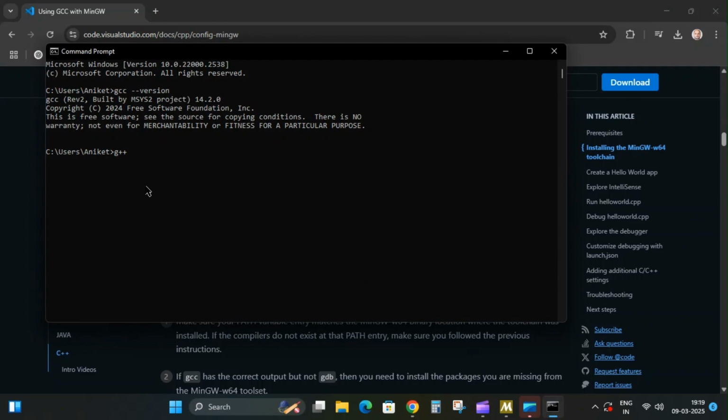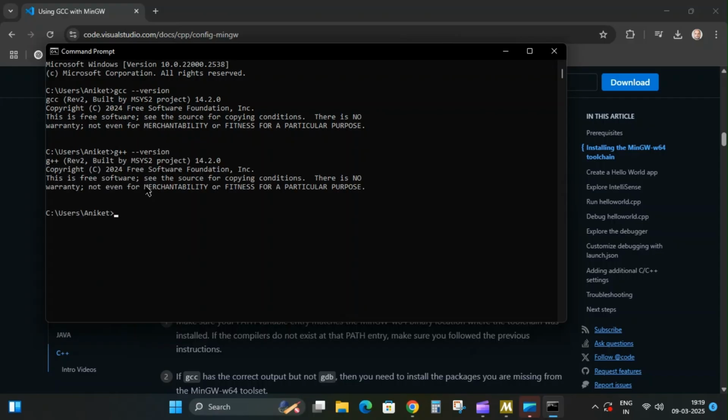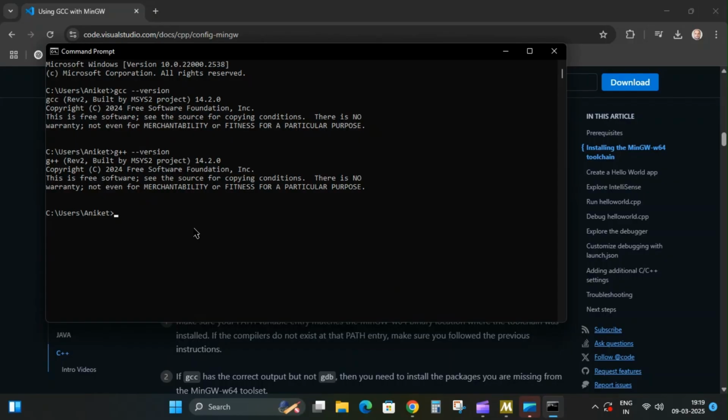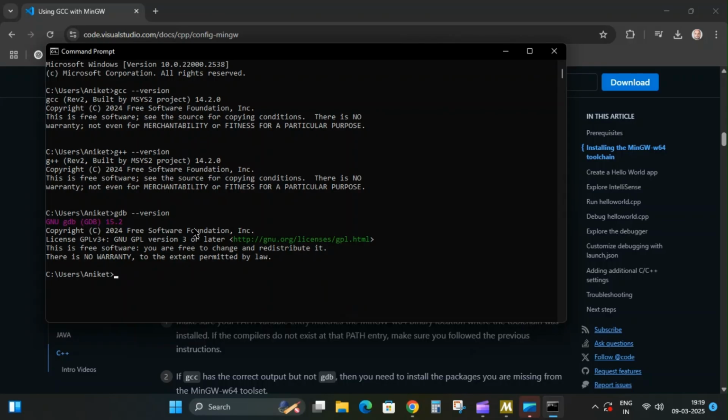g++ space --version. Yes, it is also installed. Now for gdb, yes, gdb is also installed successfully.